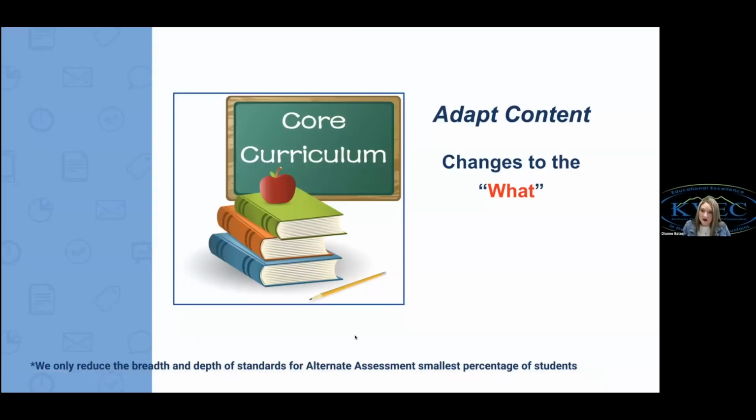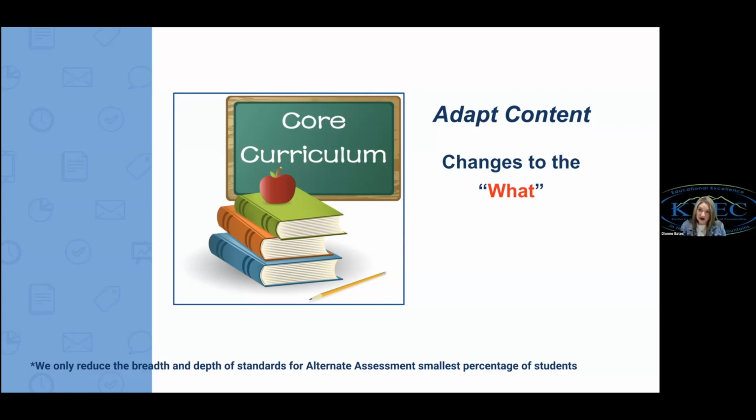So when we go back to talking about adapting content, we don't change the standard, but we change the pieces of that. And what we mean by that, adapting the content, is we still look for that real critical skill. And I use this example all the time. In fourth grade reading, kids have to be able to infer. And if they can't make inferences, which our students with disabilities have a very difficult time with,